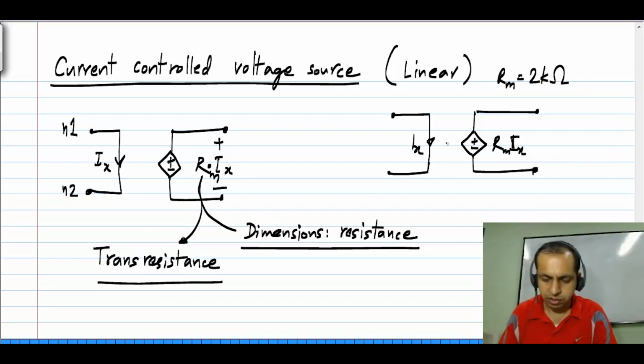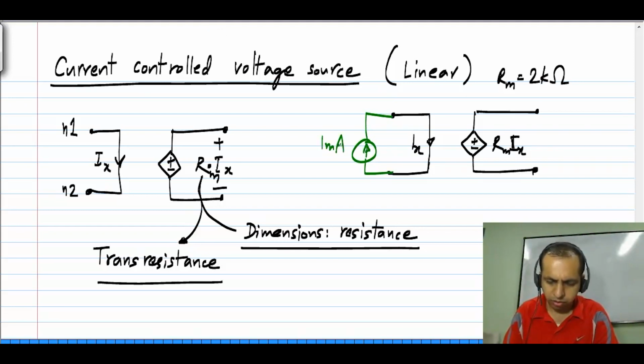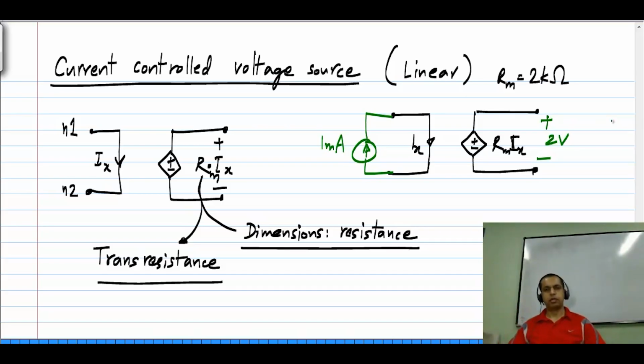So that means that if you connected a 1 milliamp source like this, you would measure 2 volts across these terminals. Now this input branch, which is really a short circuit, can be placed anywhere in the circuit to sense the current. For instance,